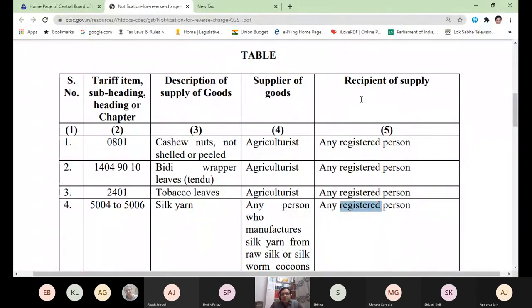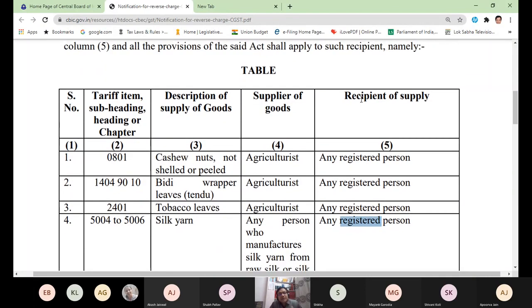So that is only 9.3. So we have very few categories of 9.3 goods. Maximum 8 or 9 types of goods are available because this is the original notification. It has been amended later on and some more goods have been added. But till today we have 8 and 9 headings, that's it. So we have very few cases on which the reverse charge concept is applied whenever the goods are supplied under section 9.3. So now I'm not going to show you the notification of IGST, that is the same for interstate supply.